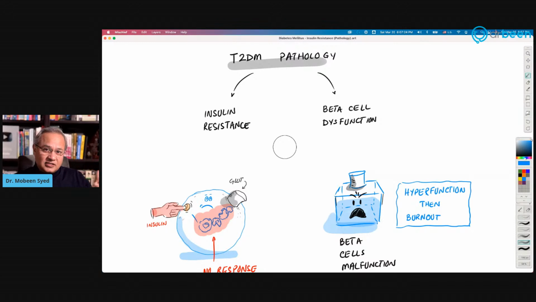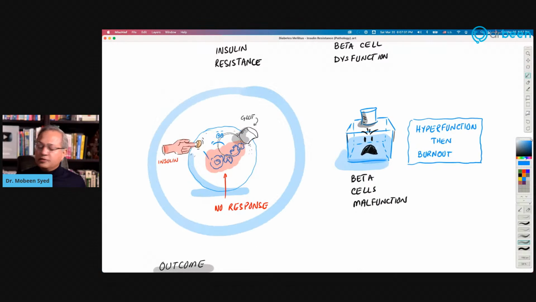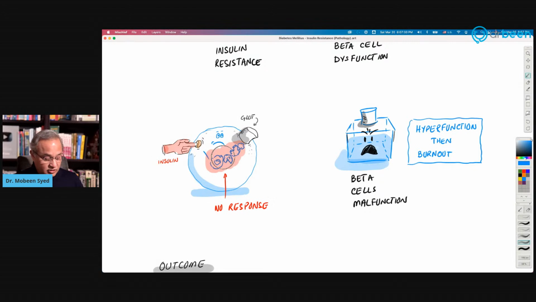There will be a disaster, and we have to keep an eye on that today. So let's see. Insulin resistance. So here is a first problem. The problem is that insulin is present,